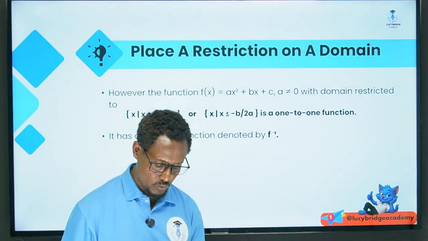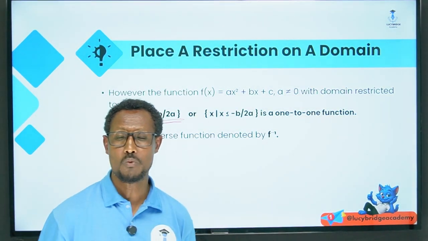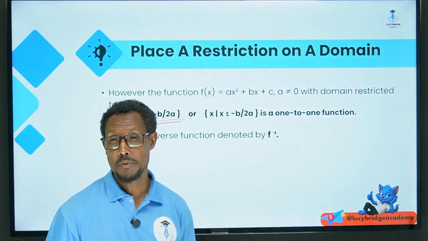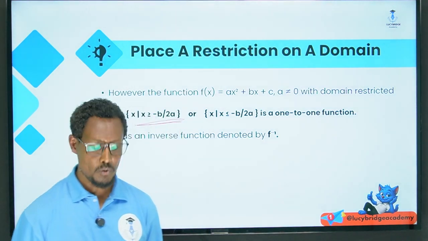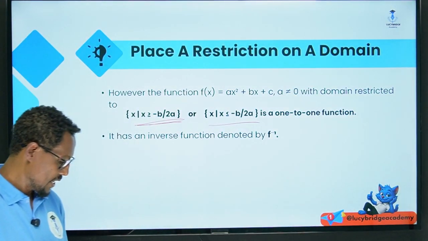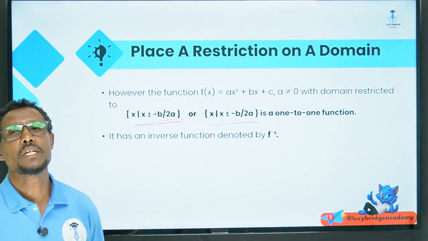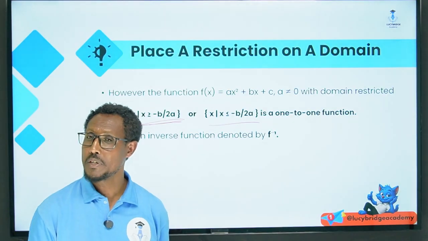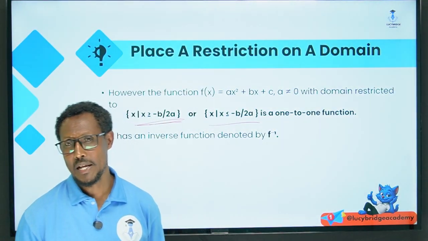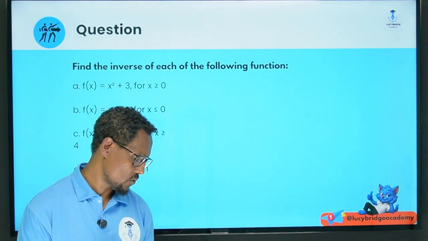However the function f of x which is equal to x squared plus bx plus c, with domain restricted to x is greater than or equal to minus b over 2a, ማለት turning point ላይ ወይም ደግሞ vertex ላይ ስንቆርጠው one to one ይሆናል ማንኛውም quadratic function ማለት ነው። x is greater than or equal to minus b over 2a ከturning point በግራ በኩል ወይም ደግሞ በቀኝ በኩል ያለውን ስንወስድ ማለት ነው። Then ከወሰድን one to one function ይሆናል። It has an inverse function denoted by f inverse. ኤፍ ኢንቨርስ ወይም ኢንቨርተብል ይሆናል ፋንክሽኑ መቼ የግራፉን ግማሹን ፓርት ከወሰድን የፓራቦላውን ግማሽ ፓርት ከኔጌቲቭ b over 2a በታች ወይም ከሱ በላይ የሆነውን ፓርት ከወሰድን ዋን ቱ ዋን ፋንክሽን ይሆናል በዛ ፓርት ኢንቨርተብል ነው ማለት ነው ፋንክሽኑ።